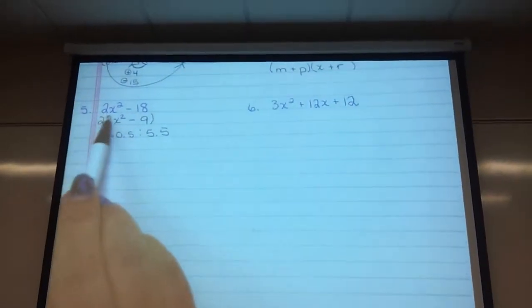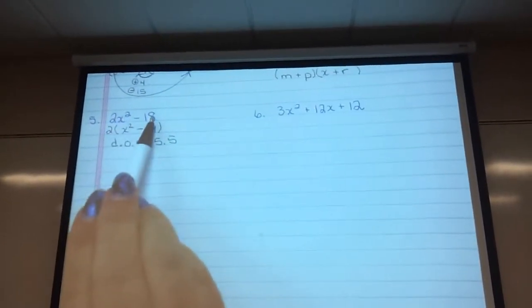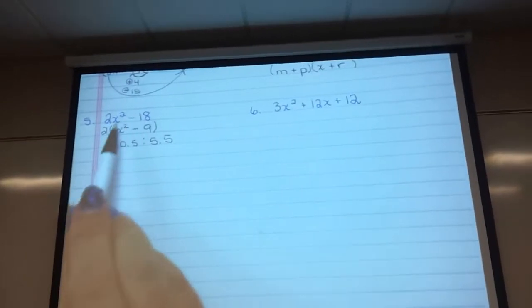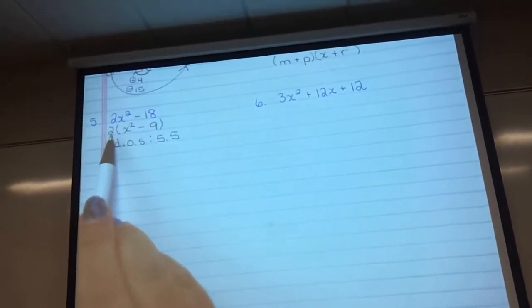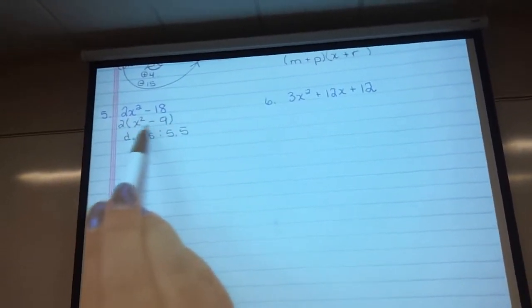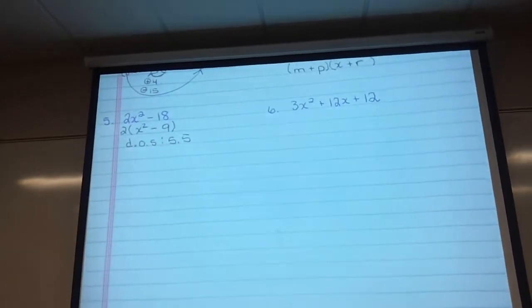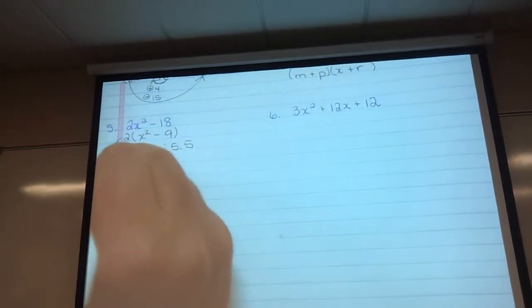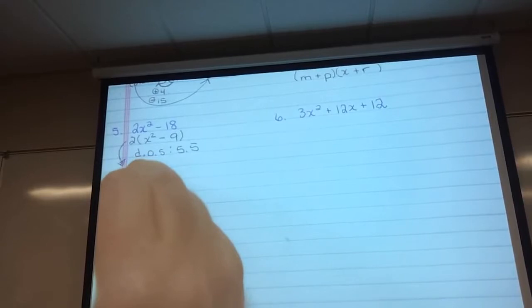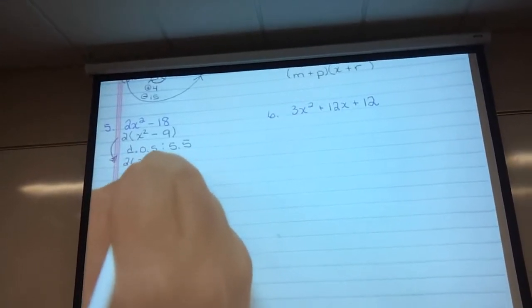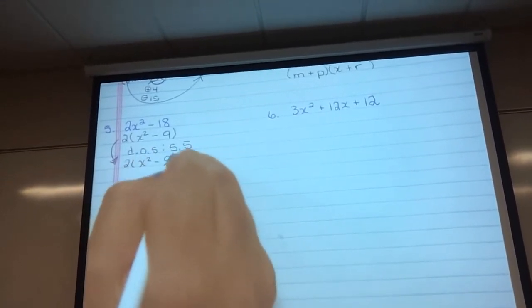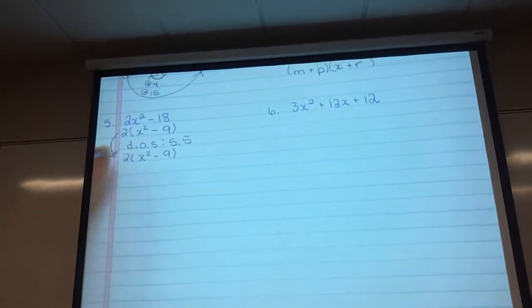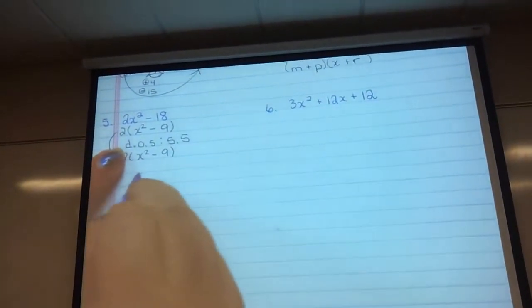I couldn't really say it here because I can't write 2 and 18 as squares, so I had to first take out the GCF, if there is one, and in this case there was, and then I looked at what was left, and I can go a little bit further. So let me just rewrite the problem down here. We've got 2x squared minus 9. I'm going to ignore the 2, and remember on Thursday you want to write everything with a square,